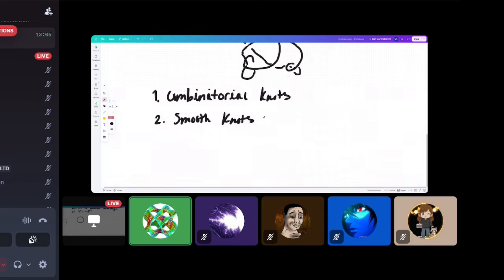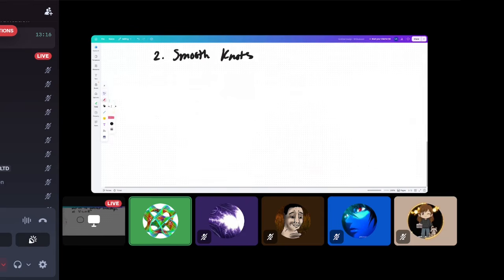Okay, so combinatorial knots, what they are is, going down, a combinatorial knot